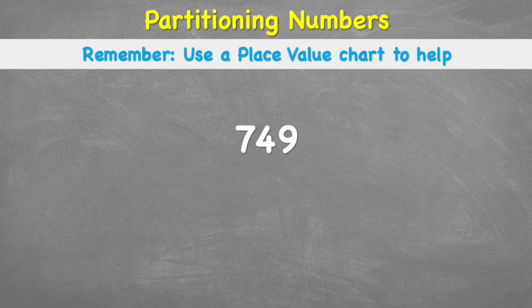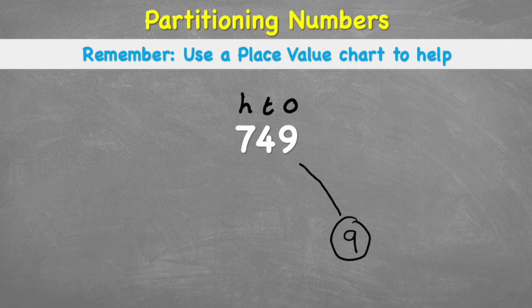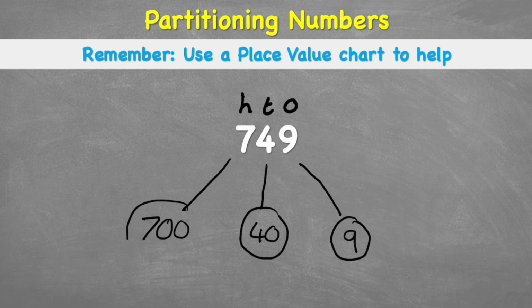So I can see with my 749 that I have 9 ones, I have 4 tens, and I have 7 hundreds. So therefore, when I'm partitioning, I can break this down into 9 single ones, 4 tens, which would be 40, and 7 hundreds, which would be 700. Let's make sure I've done that correctly